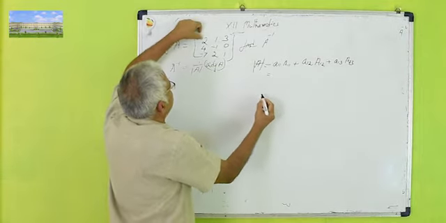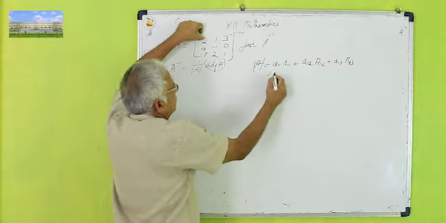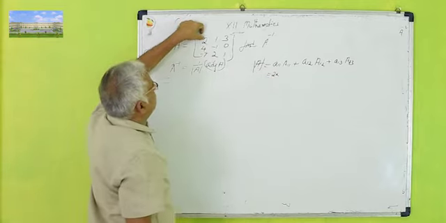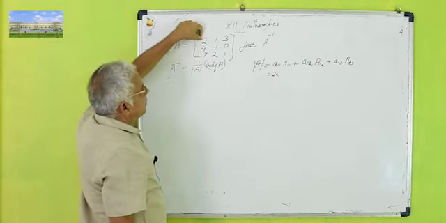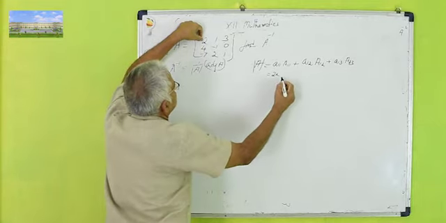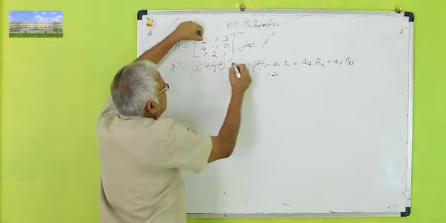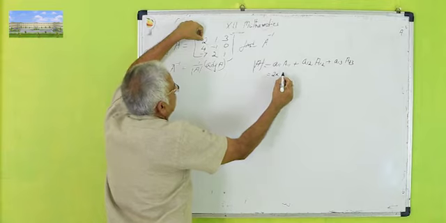The A11 element is what? 2 into, with A11 sign positive, delete the row and column containing it, we get minus 1